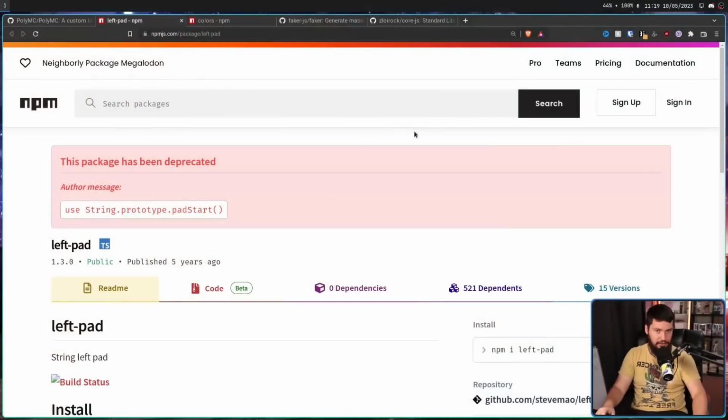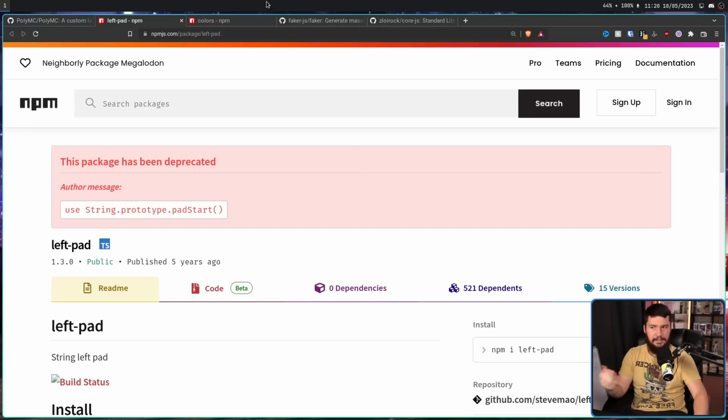As the protest part of the name might suggest, this is a category of software which basically exists to protest something. What that something is entirely dependent on the developers in the project. For example, in the LeftPad situation, the LeftPad developer had a separate project called Kick. When the company Kick came along, not the streaming site, the original Kick, and said, hey, stop that, we're going to have a package named Kick, he was like, you know what? I have this LeftPad thing, which is a dependency for half the internet, I'm going to delete it.